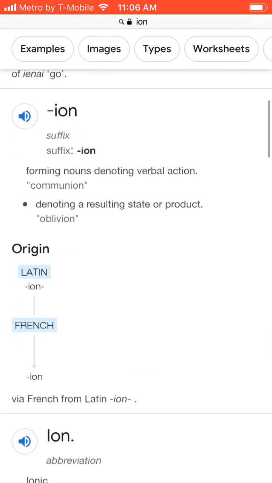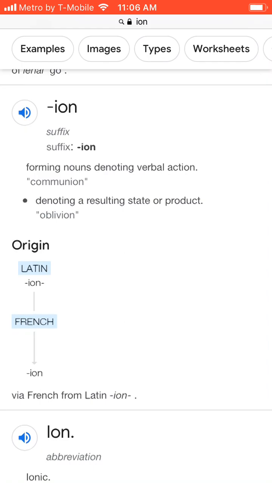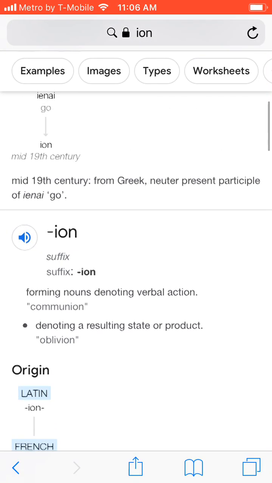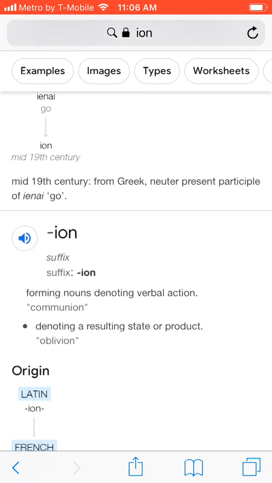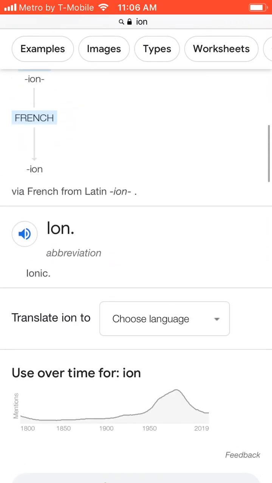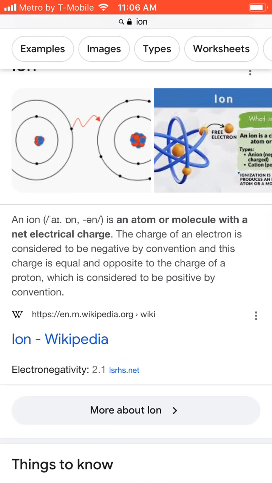Just like the pyramid to my name, one going down, one going up, that's a delta, a cycle. So it's talking about a cycle that's forming communion. An atom or molecule, the charge of